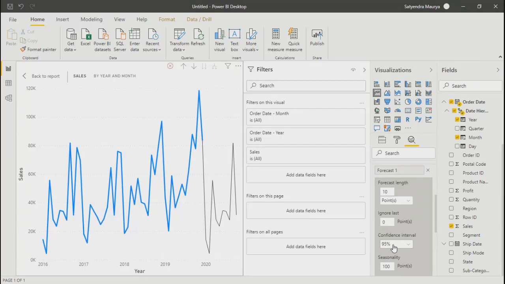And that error percentage is represented by the confidence level. Basically, confidence level is equal to 1 minus error percentage. If I'm taking confidence level as 95%, which means there are 5% chances of error. If I take it, let's say 75%, I would say there are 25% chances of error. So that's the meaning of confidence interval. If you have a statistical background in data modeling, then you can explore all these values a lot.